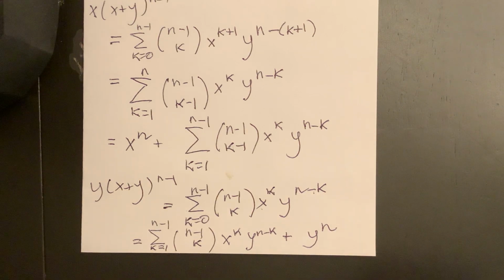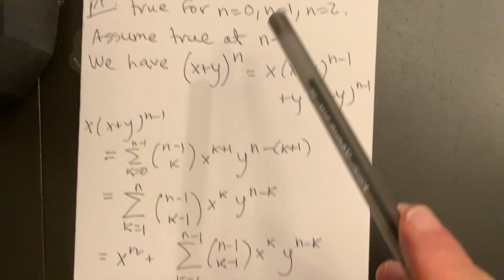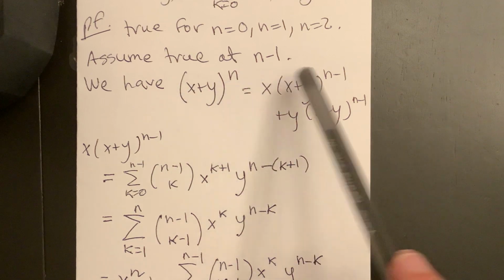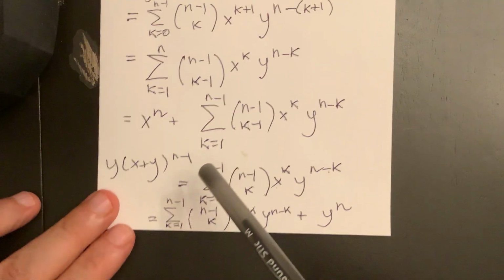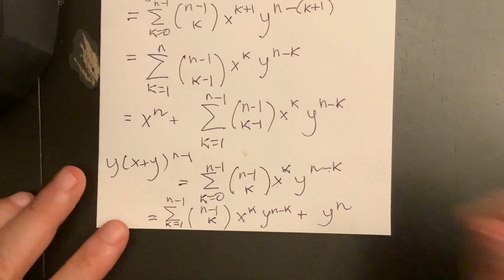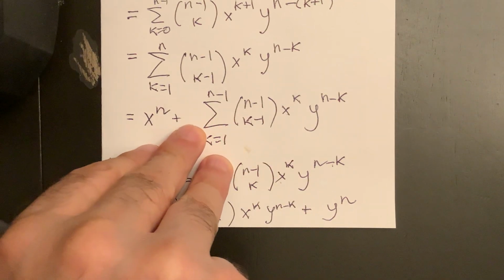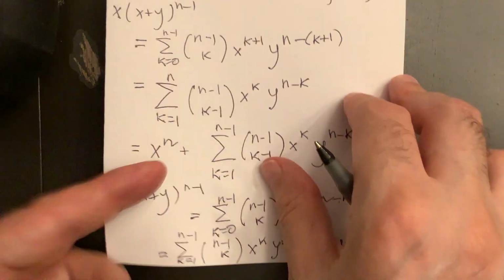Okay, so now what am I doing? I'm claiming x plus y to the n is equal to these two. So it's the sum of these two results here. It's the sum of this and this. So let's flip the page and I'll write that down now. So we have